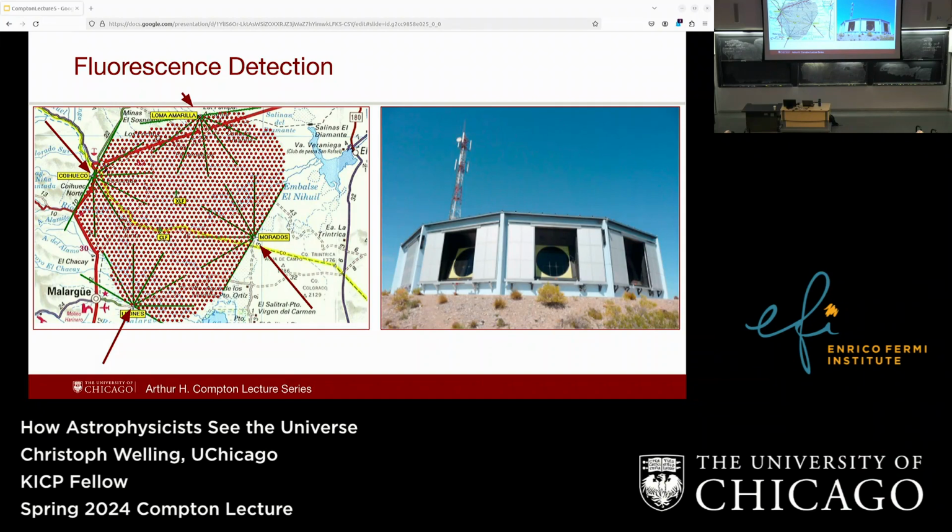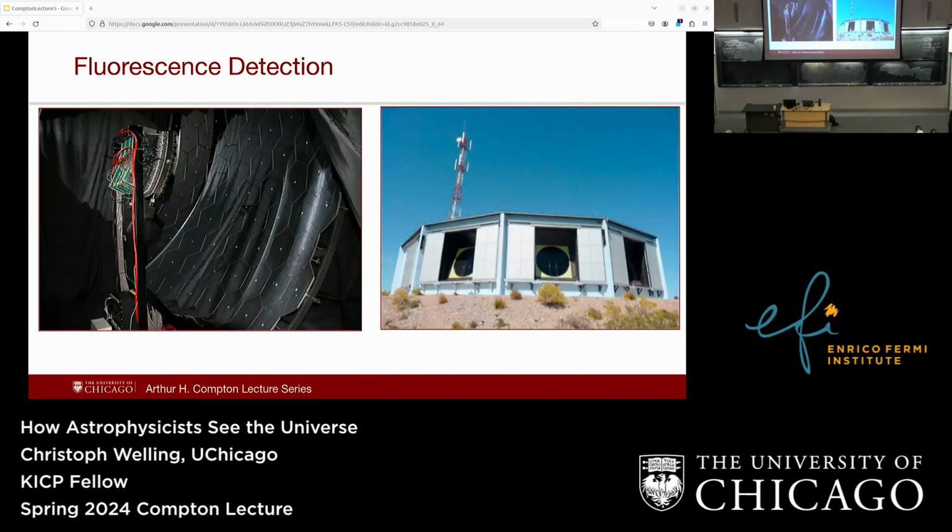The way they work is that nitrogen is also a scintillator, and the air is mostly made up of nitrogen. So if you have one of these showers moving through the air, it will also emit a very faint light, because air is not very dense, so the light is going to be a lot fainter than with a more dense material. But if you have a really good telescope, you can actually see this light shimmer. Inside of this building, behind each of these doors, you have a mirror that looks black because it's dark in there, and then you have a bunch of these photomultipliers here.